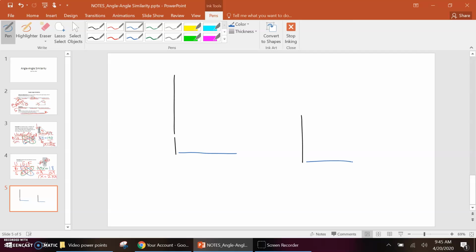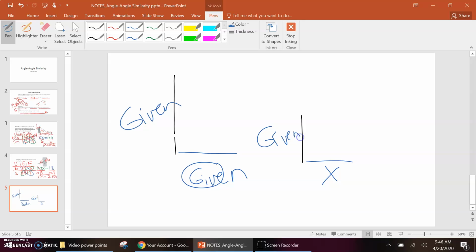So if they wanted you to find, say, this shadow over here, that means they had to give you a number here. This had to be given. Remember, on all proportions, 3 numbers are given. You're looking for a 4th. This side had to be given. This side had to be given. And then you could set up your proportion again, your UGF, calling this big to small. So when they're asking you to draw pictures and do something standing in the shadow, just draw the L problems,